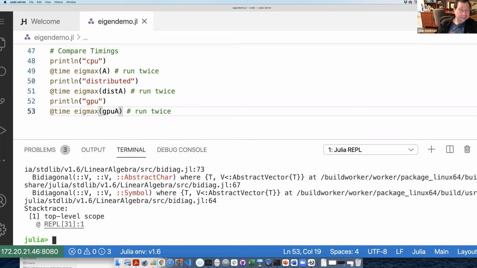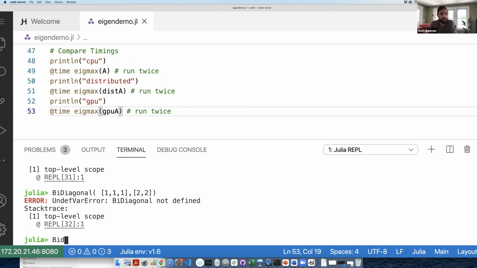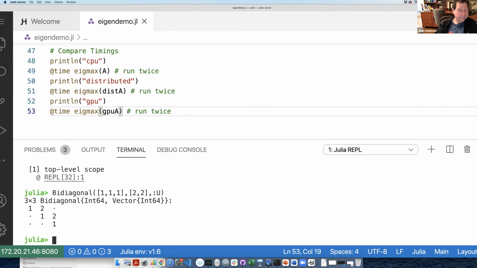I think you need a capital D. I was wondering. No, you have the lowercase d. Is it upper or lower? I always wish they would just give me a default. How do I do it nowadays? It keeps changing. Is it upper equals true or colon U? I think it's a colon U. Yes, there it is. It even looks pretty, by the way. Yes, it does, with the dot. There it is.